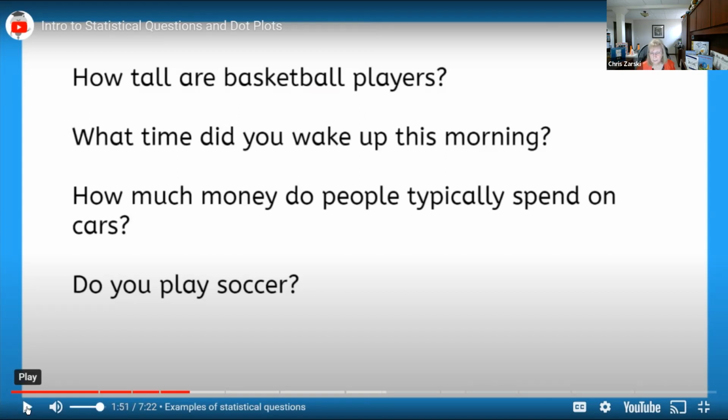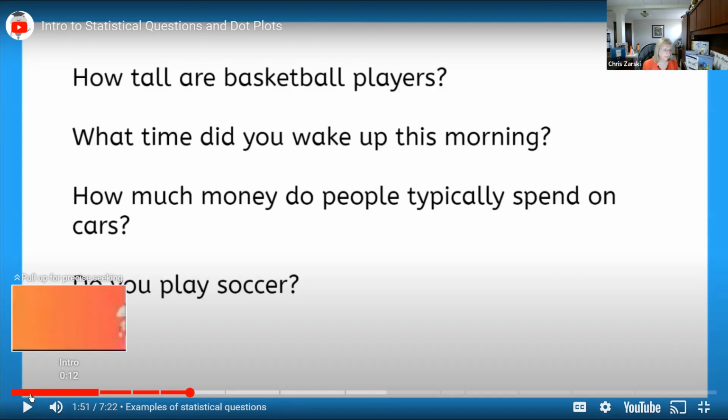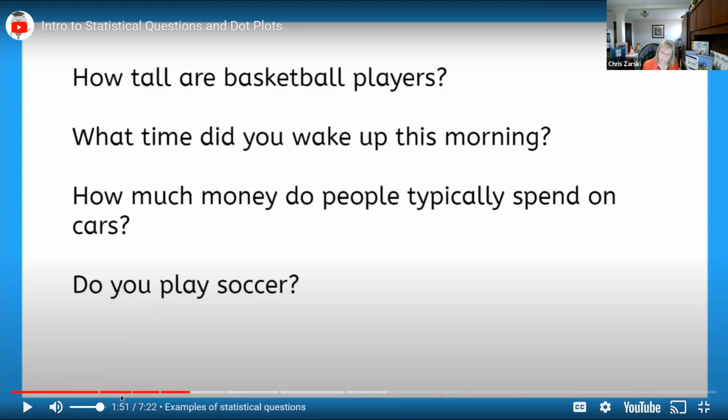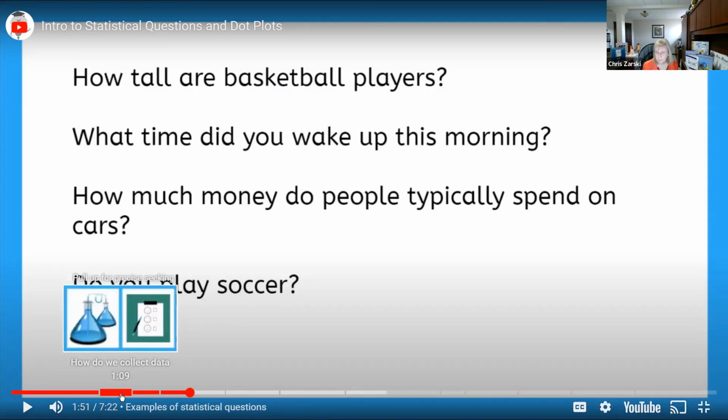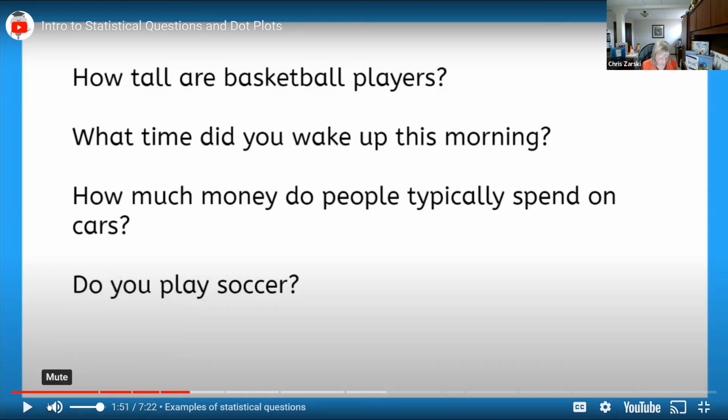Now, that should be a great place to pause the video and just let them mull over those questions, right? Which question or questions do they think are statistical questions? And so that just gives them a starting point as well. And those are easy questions for a grade 3 student to handle. So then it'll go through and it'll highlight what they are. It'll talk about how we might analyze, how we might get information and go through an example. So I would encourage you to take some time and watch the whole thing through.